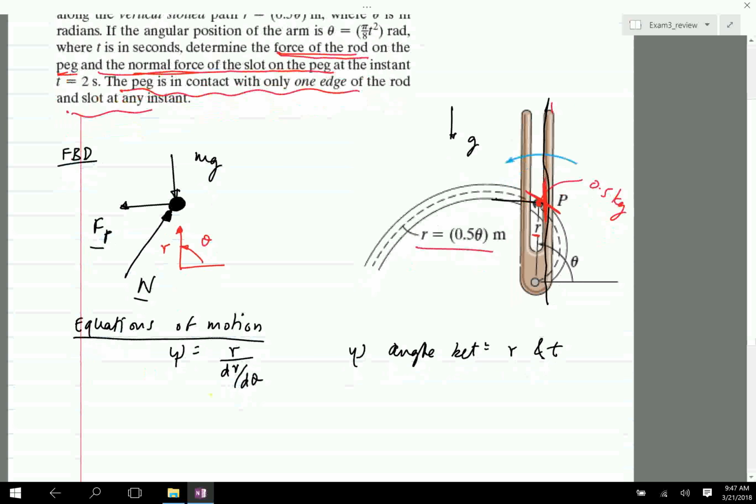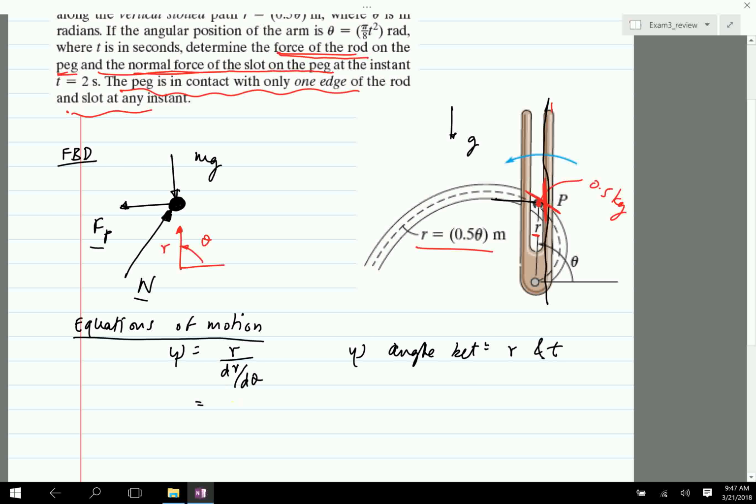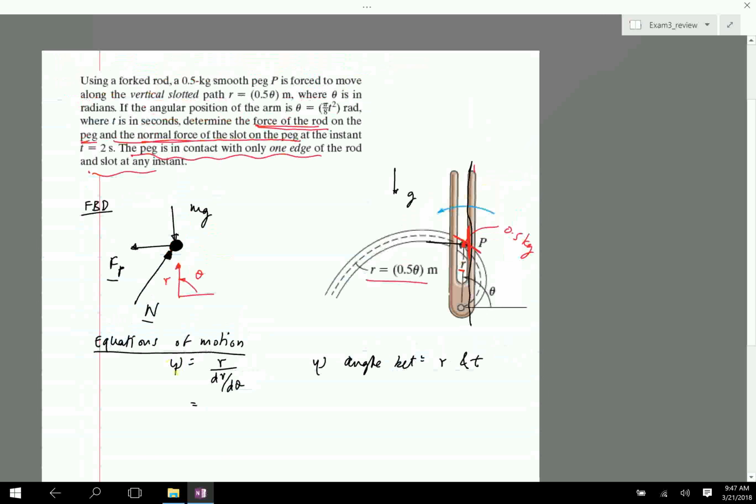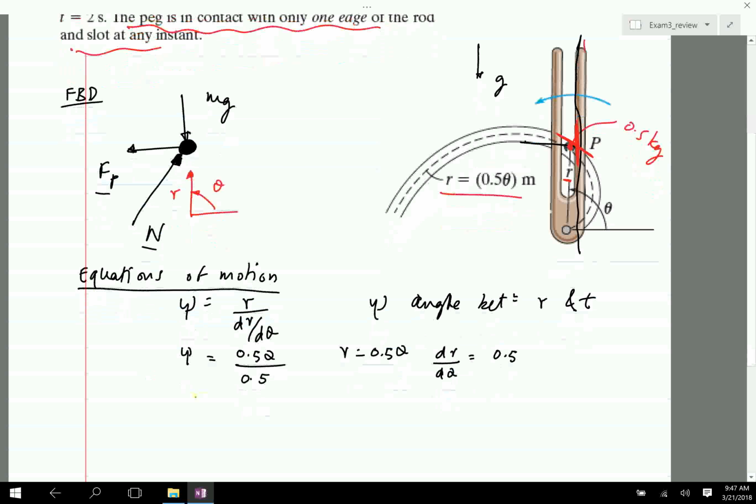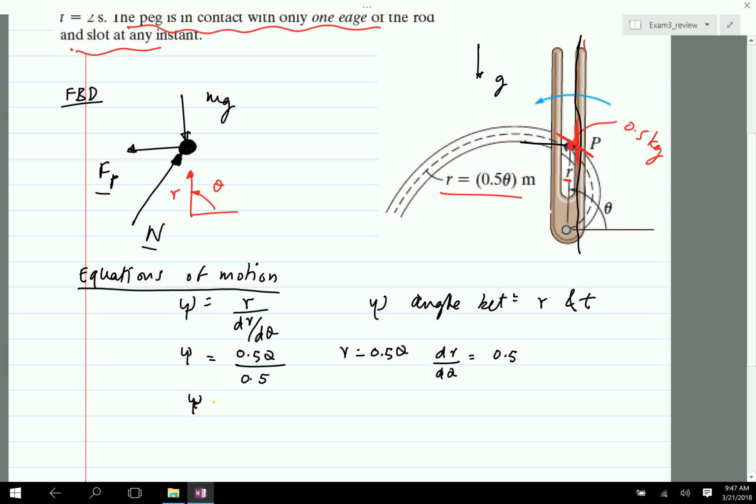So we can find psi. Well, r is 0.5 theta, so d theta is 0.5 theta. So I'm going to put that over here. So it's 0.5. So psi is theta, which is equal to